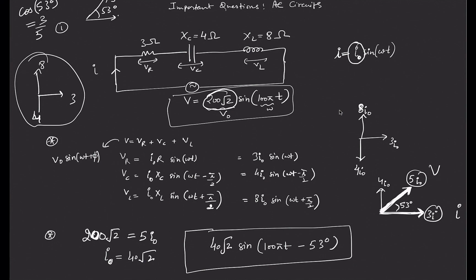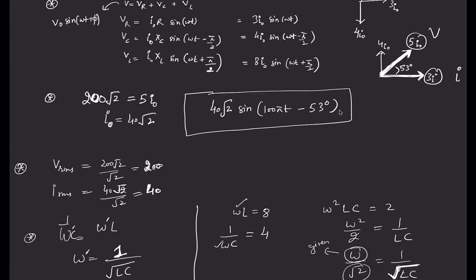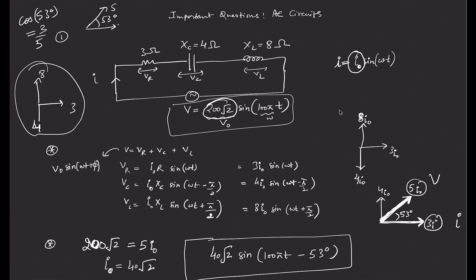And if someone asks what is the average power, we can simply calculate. So average power is, either we can use Irms square R. We have already found I here. Irms square is 40. So 40 square into R. R is 3. So this is 1600 into 3, which is equal to 4800 watt average power.